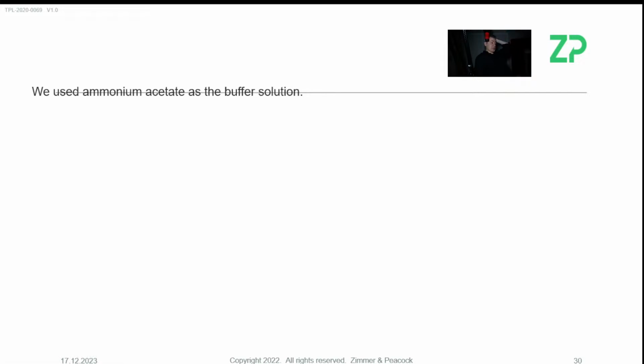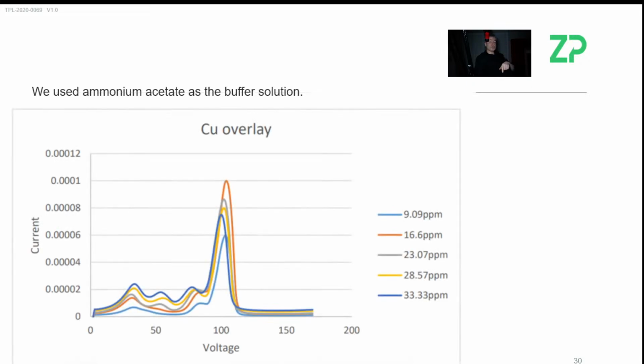And it's because I think you're in ammonium acetate. We're not in ammonium acetate. So the big difference between you and us is we're both using the same screen printed electrode. We're both using anodic stripping voltammetry, except you have these peaks and we don't have these peaks. So I think ammonium acetate might be the clue.